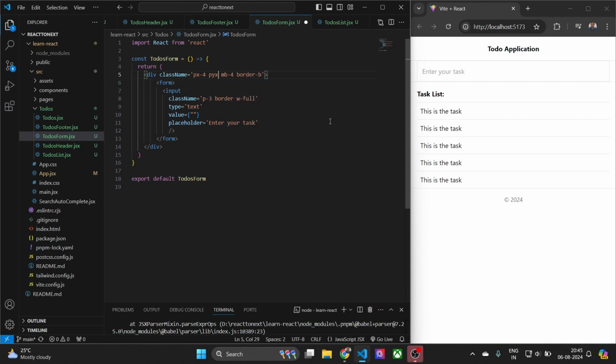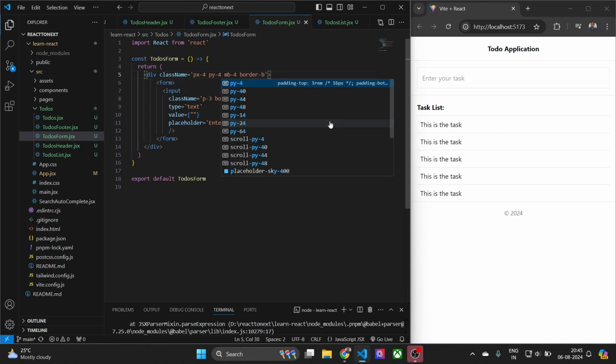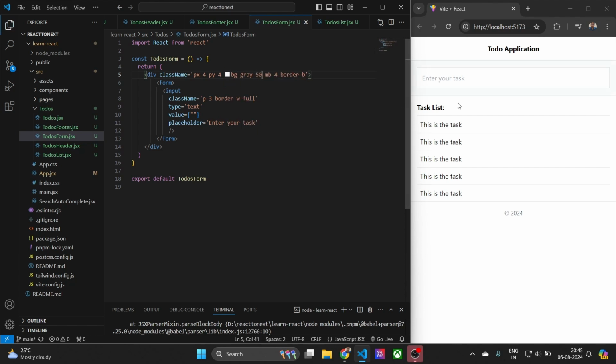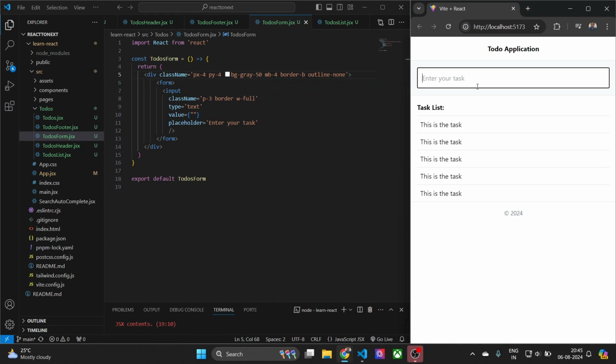So from the top and bottom I will just add padding 4, so it will be the same on both sides. Okay, and now we can also add a little bit of gray background color here, and also we can remove the outline. Now we won't have any outline here inside this on